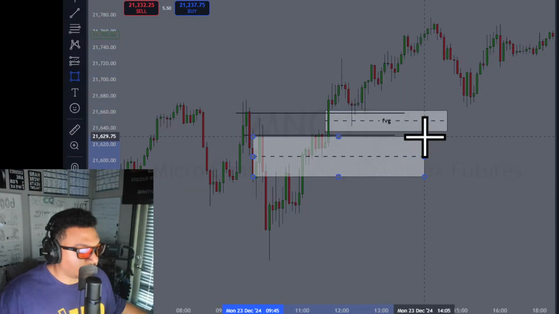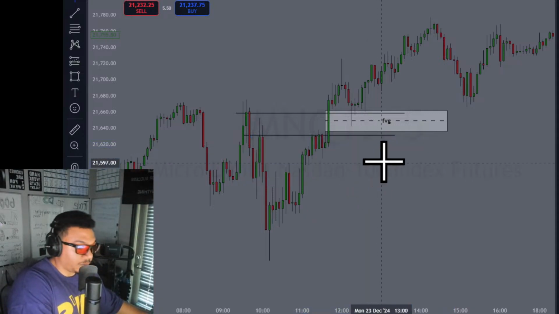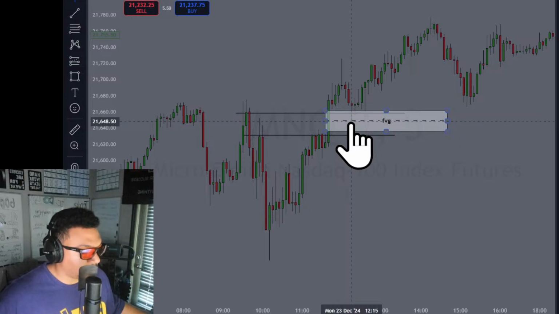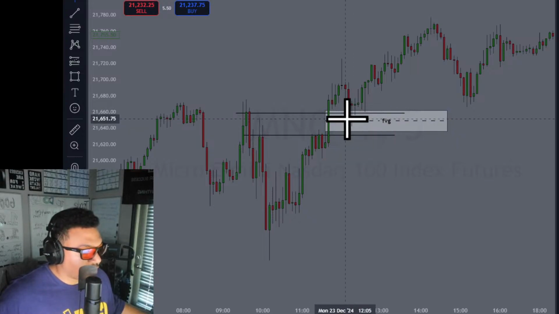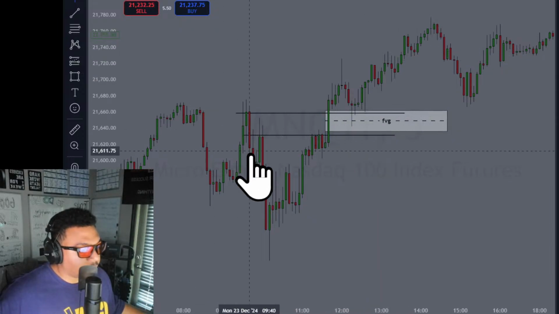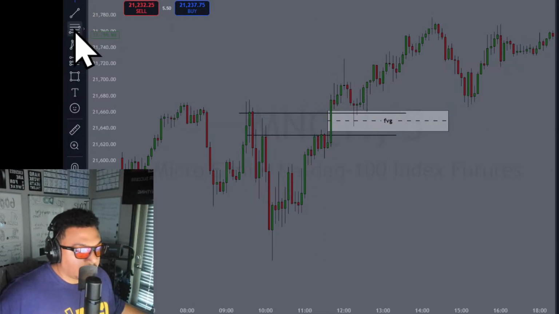I use breaker blocks, but you don't need that, right? You can wait for a better entry or a safer entry. This entry is really great because it happens at around 12:15, around lunchtime. You know, it's something where you don't have to immediately be awake to take advantage of, right? So this is how I would say to use the fib.